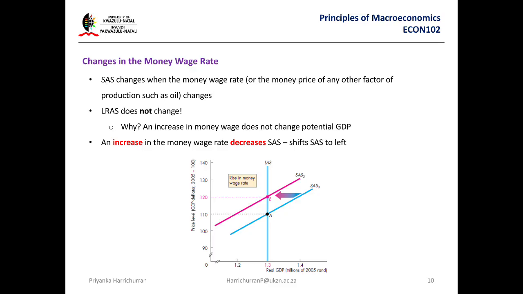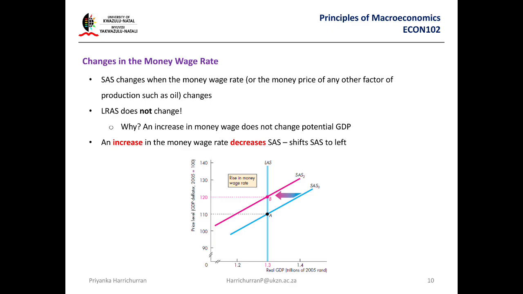the quantity of labor, the amount of capital you have, and resources. Literally these things. The price of oil decreasing, the raw materials price level, the money wage rate, it's not that. So obviously it's going to only affect the short run aggregate supply. So if the money wage rate, if an